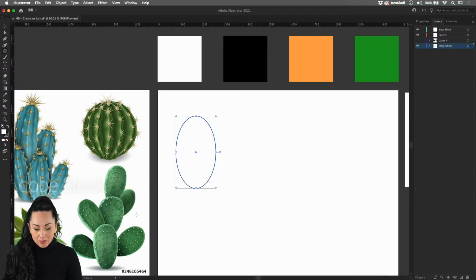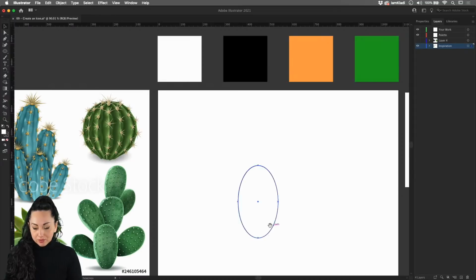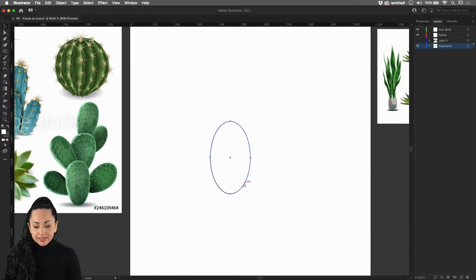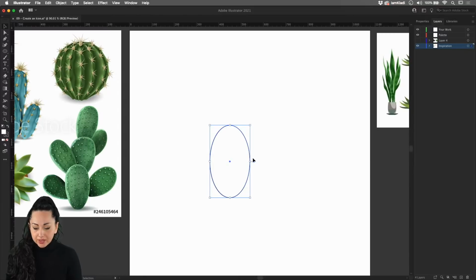So as I mentioned, I'm looking to recreate these little cacti, so I will start from the base. When you create an image, and in particular this one here, I tend to work first in black and white, and then I will start to add different layers into it. Especially because we're going to be creating an icon, I think it's very important to make sure that the image works in black and white. My idea is that whenever you have an image, try to think of the closest shape. That's why I'm using the ellipse tool, because the shapes of the plant reminded me, of course, of an ellipse.